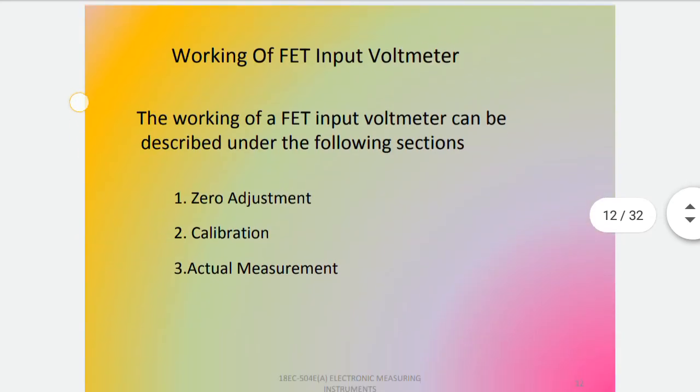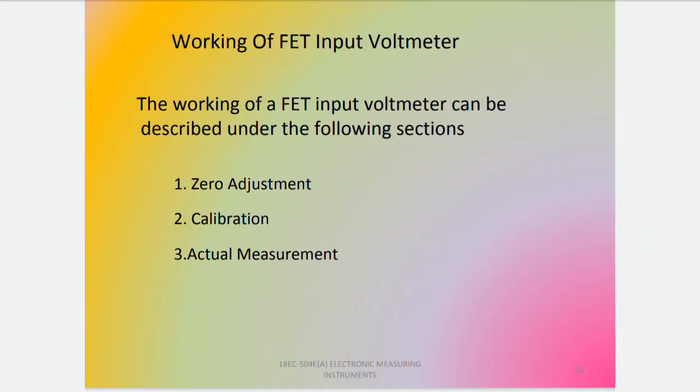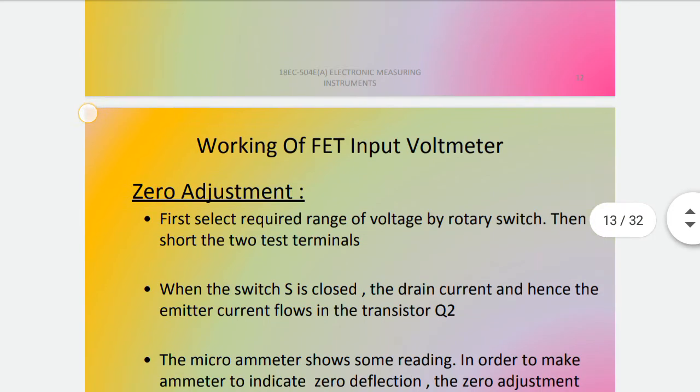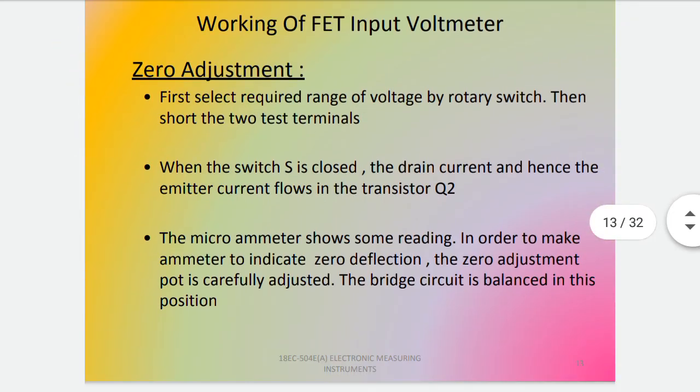Now coming to the working of the FET input voltmeter. The working of the FET input voltmeter can be described under the following sections. One is the zero adjustment, the second one is the calibration, and the third one is the actual measurement. Coming to the zero adjustment,